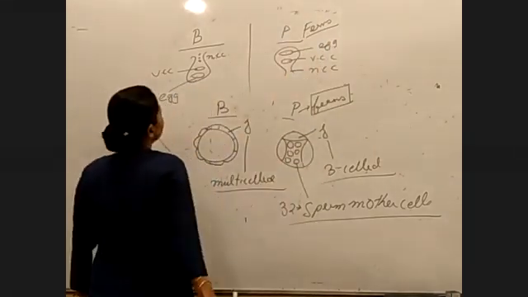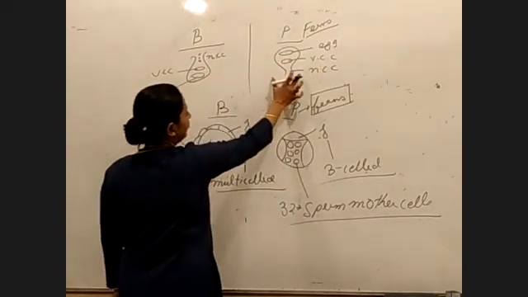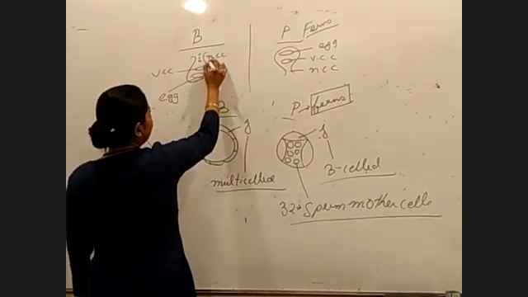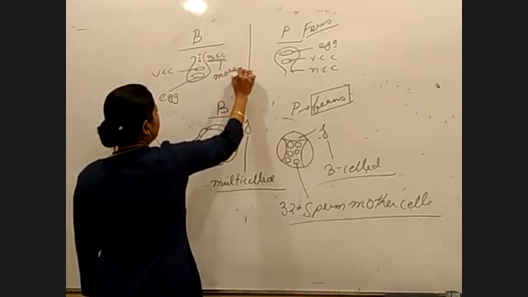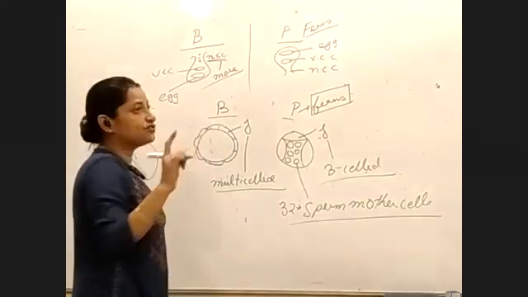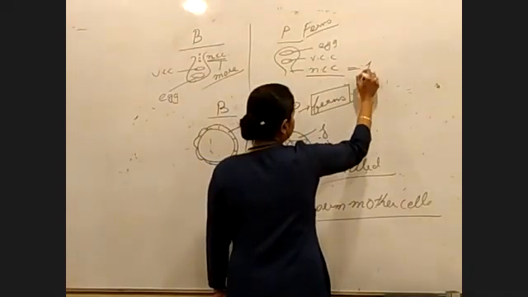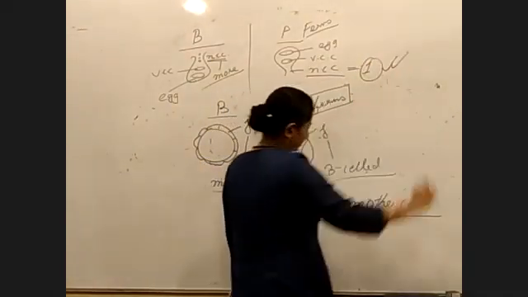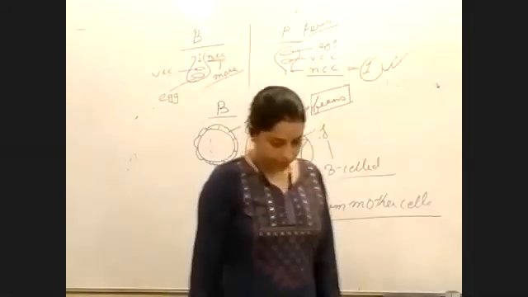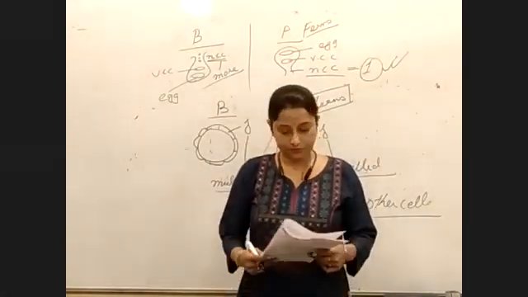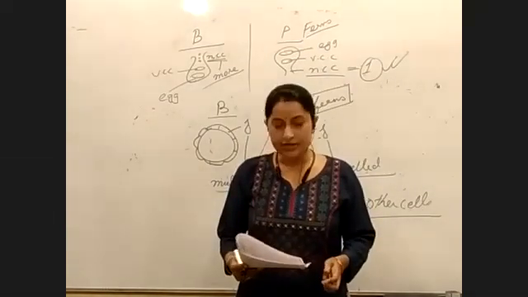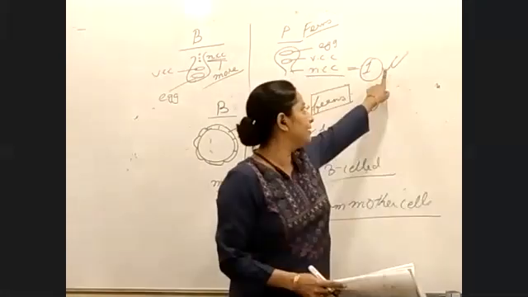Now we compare this one, right? Upright, inverted. Second, the neck canal cells. In case of bryophytes, there are more, around 6 to 10, 6 to 14, we have discussed. In case of ferns, the neck canal cell... Is the point understood? Yes, ma'am. Right? So that point is also important.